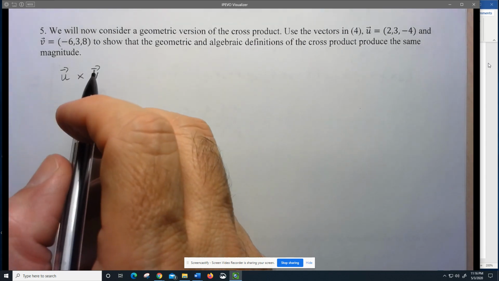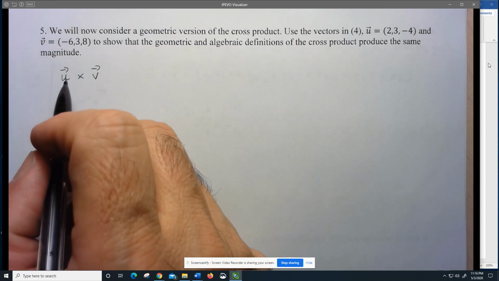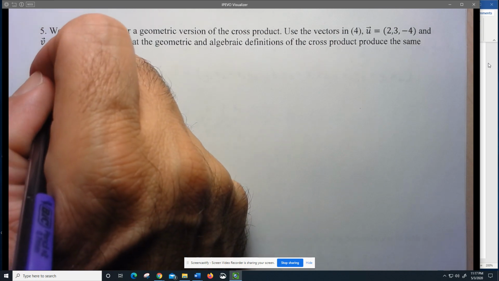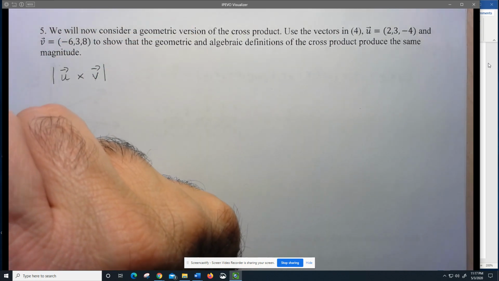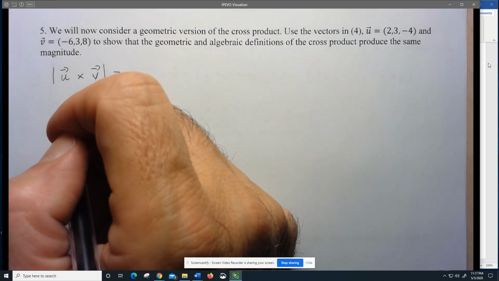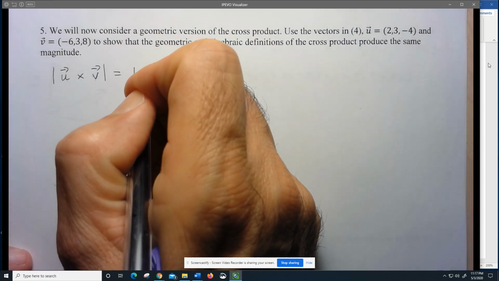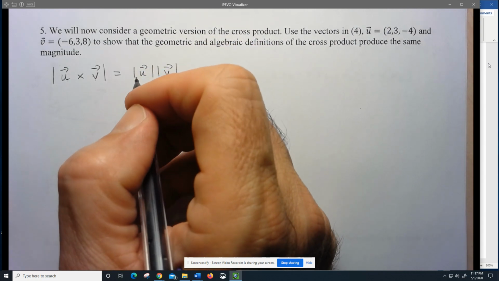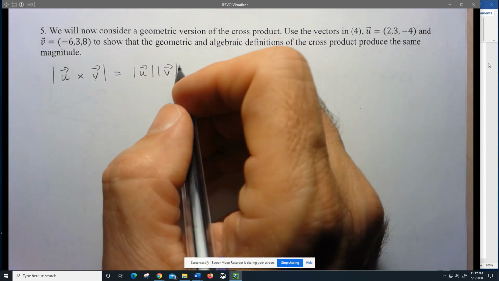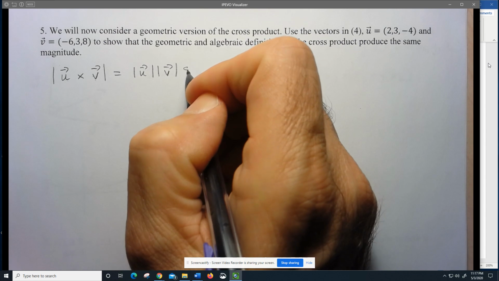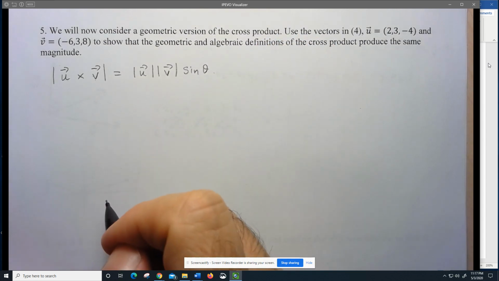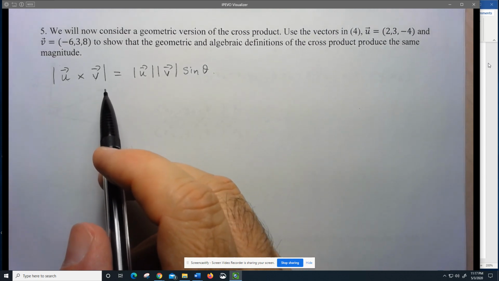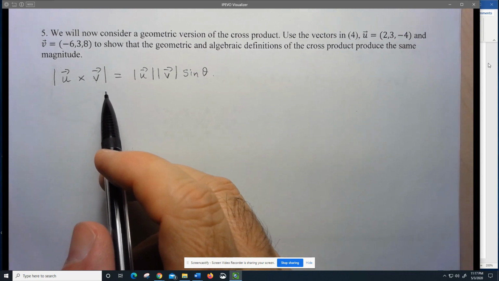Now it's interesting because the geometric definition is not directly the vector U cross V, okay? It's the magnitude of this vector. And the magnitude of this vector, I think you're going to see that this looks very similar to something you've seen before, well, it's still the magnitude of U times the magnitude of V. So we're multiplying the magnitudes, again, why we call it a product, okay? But instead of multiplying by cos theta, we multiply by sine theta, all right? So now the question is, well, this gives us the magnitude, but U cross V is a vector. How do we calculate the direction